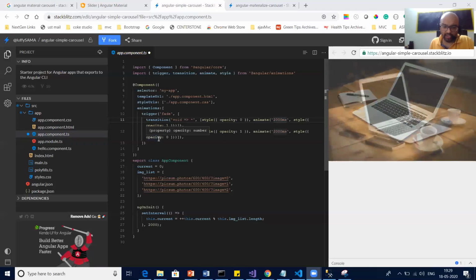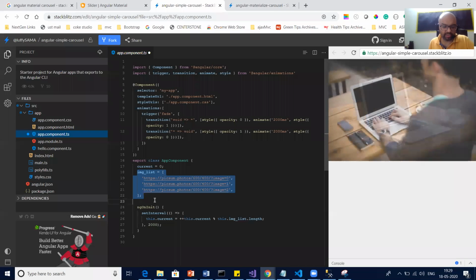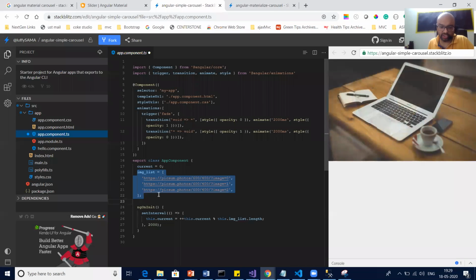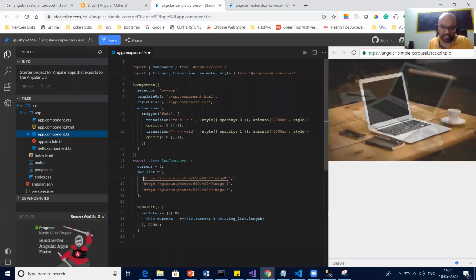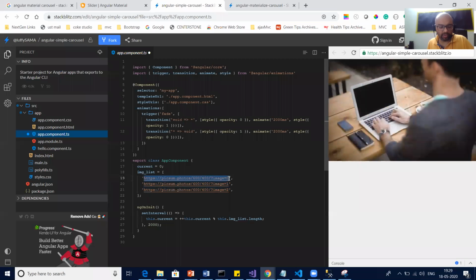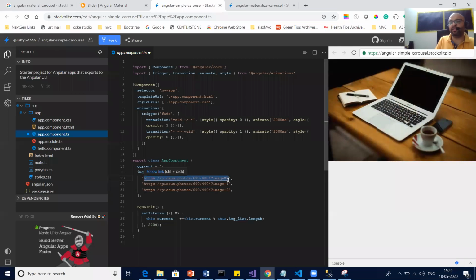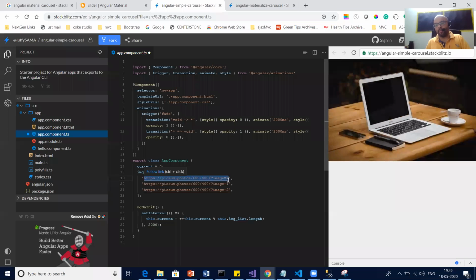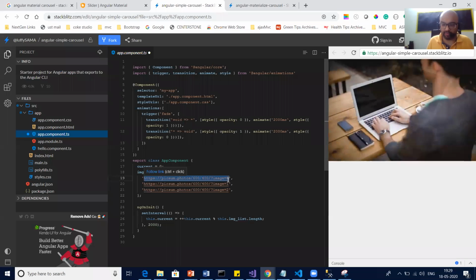So here the first important thing is this list of images. As of now, I'm picking the same image, but going forward, in the project I will add some good images about the food, or food drives that happen. Okay.